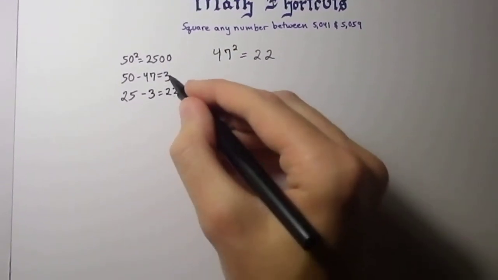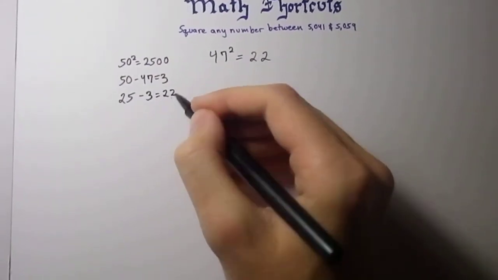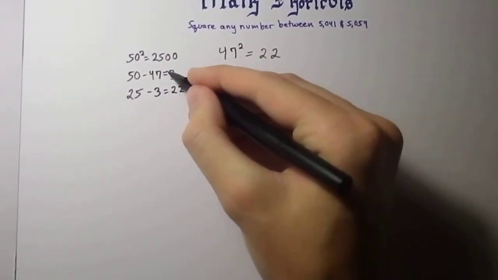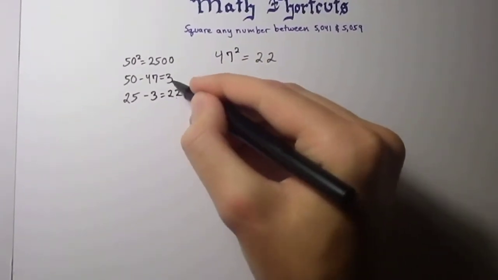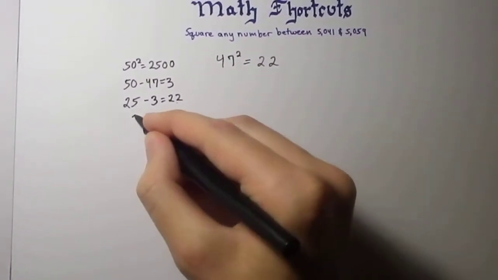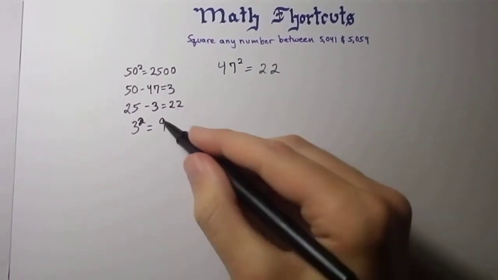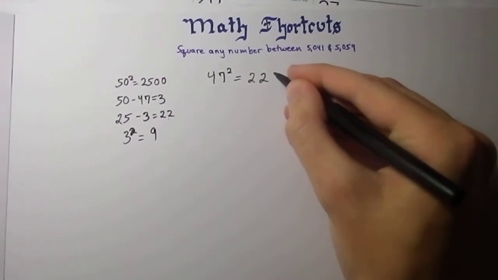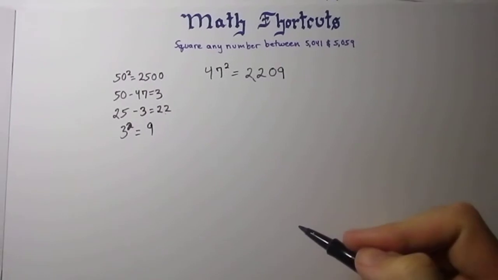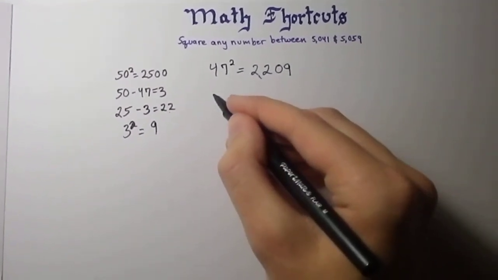Next you take this 3. You say that 47 is 3 away from 50. Well, just take that 3, the difference, basically the absolute value, I believe. Well, anyway, you take 3 squared, which is 9, and I'm sure you could do this in your head. Now, since it's 9, don't forget you put 09, and that's basically the answer: 2,209. It's much simpler than I endeavored to explain it. Sorry about that, but let's try